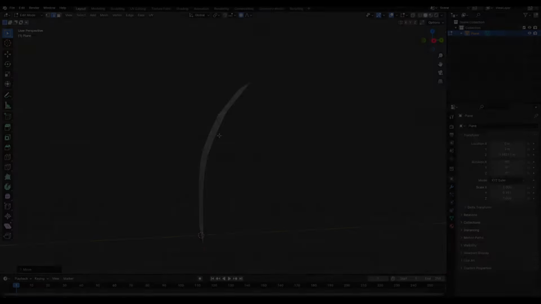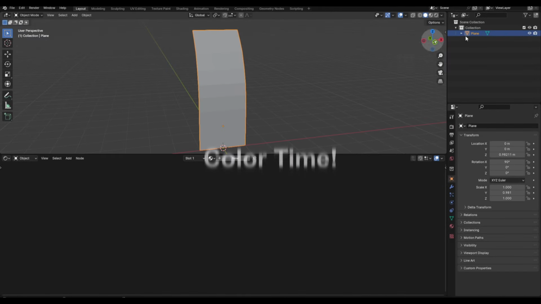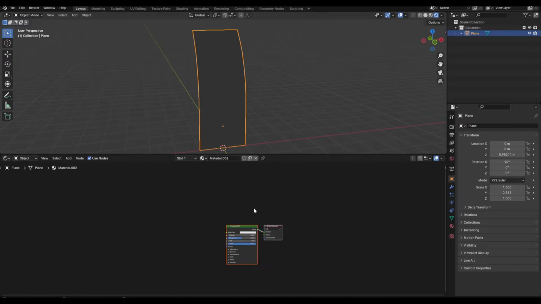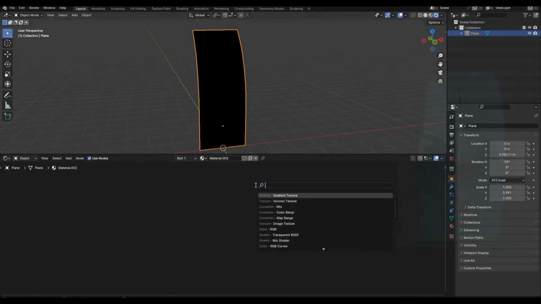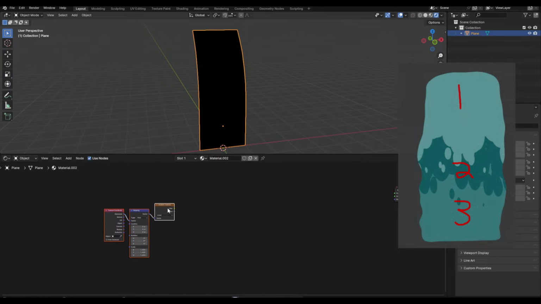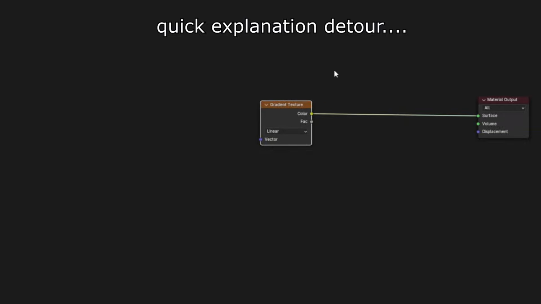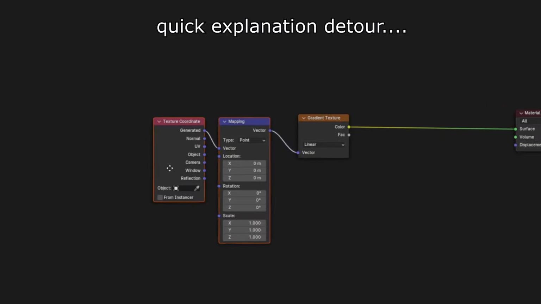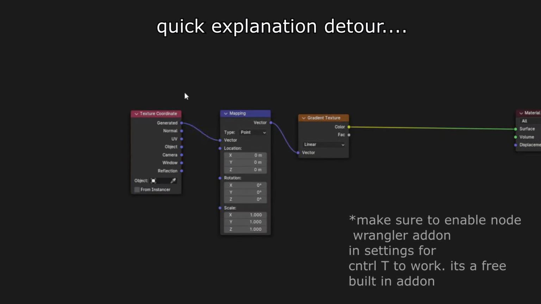Now let's make the texture. The next thing you want to do is go into rendered view and add a new material. What we're going to do first is add a gradient texture, and the reason why is because we want to have these cascading sheets that fall on top of each other for the waterfall. The way I added the mapping and texture coordinate nodes automatically was by hitting Control T with the gradient texture